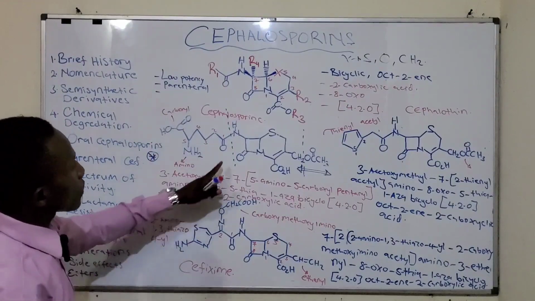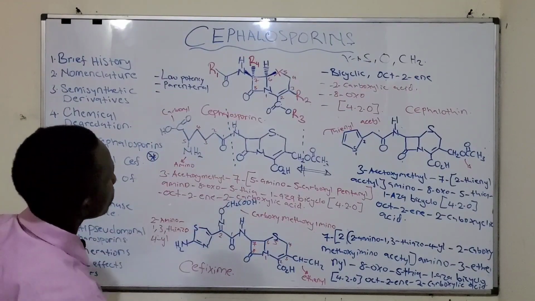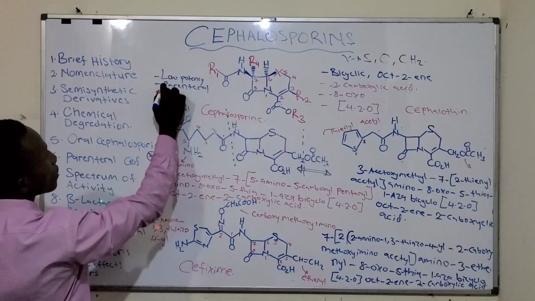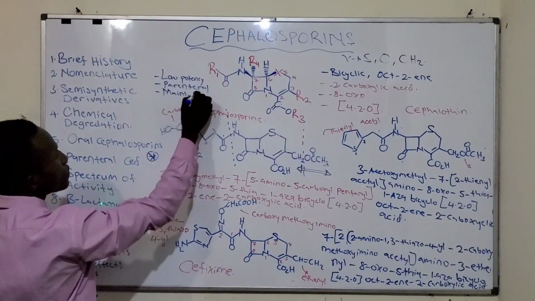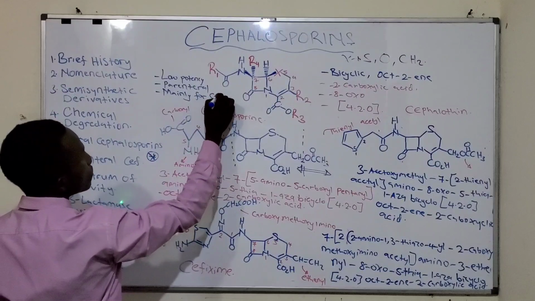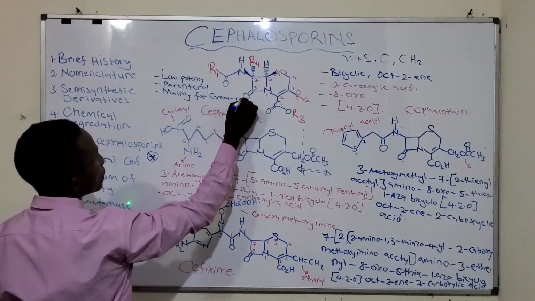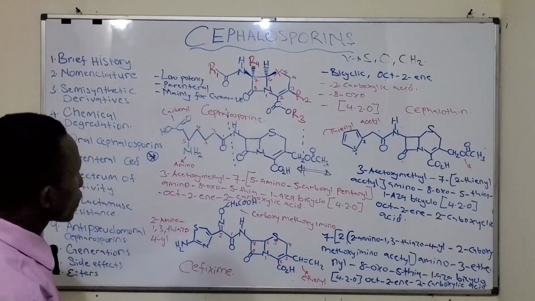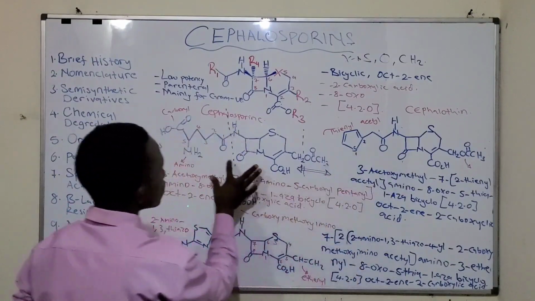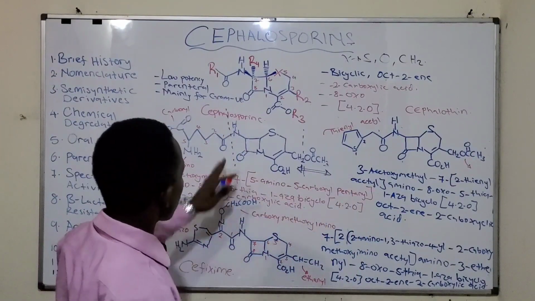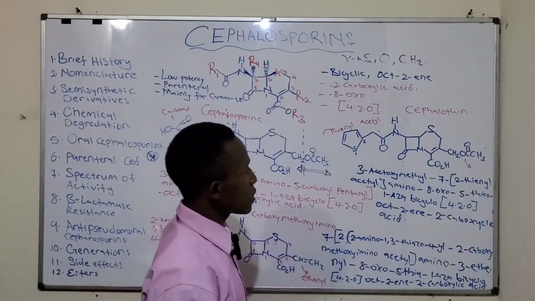Then also it was mainly for gram negatives. So, for example, this synthetic derivative, this is the natural cephalosporin, this is the synthetic